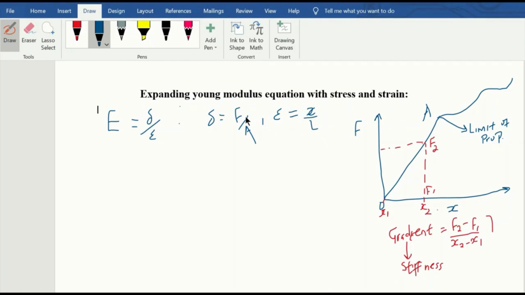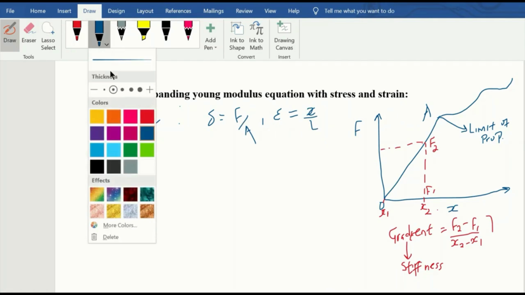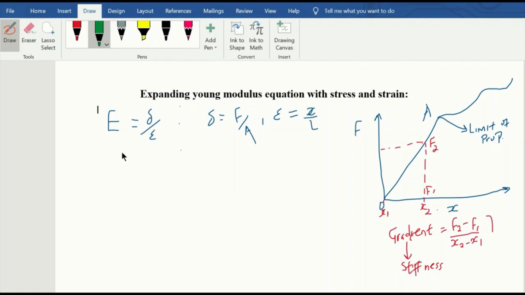Now we can put these into this equation and derive equations from it. Therefore, the modulus is equal to the stress, force over area,